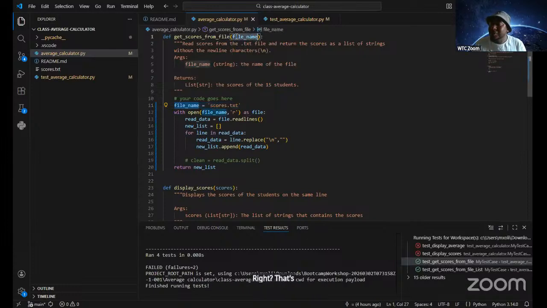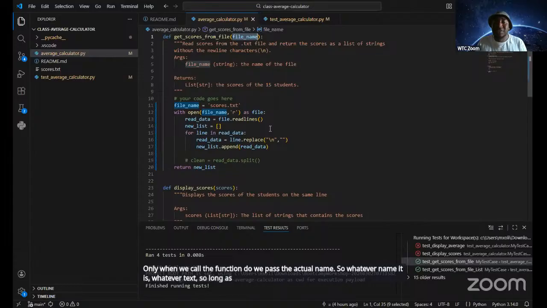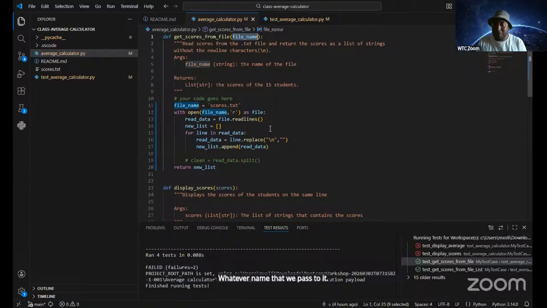This is the importance of using parameters and arguments. Once we use that parameter that we're declaring in the function, only when we call the function do we pass the actual name. Whatever name it is, so long as the txt file exists, it will work based off that.